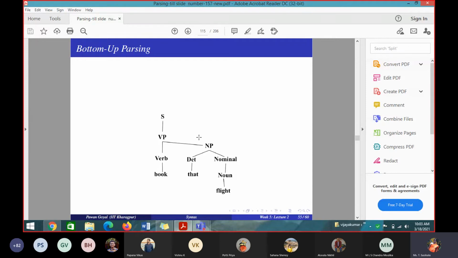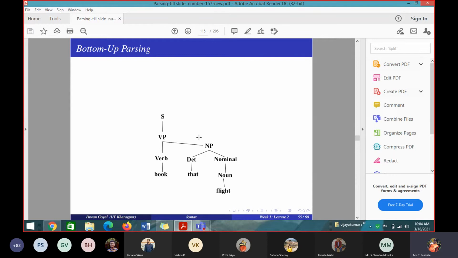VP gives verb NP. Now again for this VP, what are the things you have? S gives VP. So this is the final thing, whether we have reached it or not. You can write all combinations by seeing the grammar, by giving a sentence, which S will derive your sentence, and what are all the different combinations you can try. Try all combinations and tell why it is not possible. Either put a cross mark, go back, trace all the rules from the beginning and show which is the final tree that you are getting.